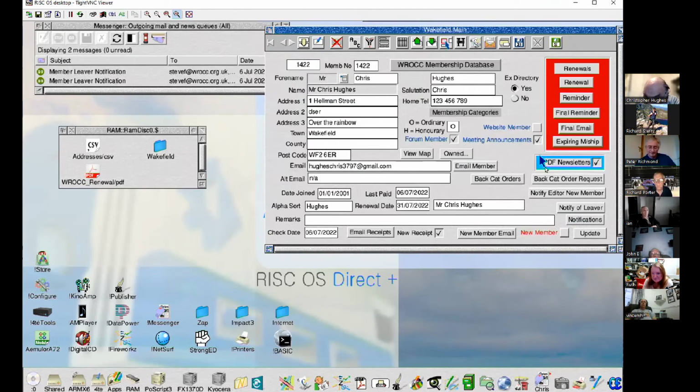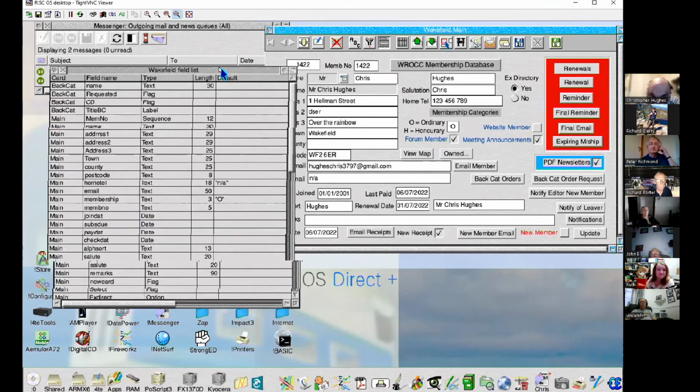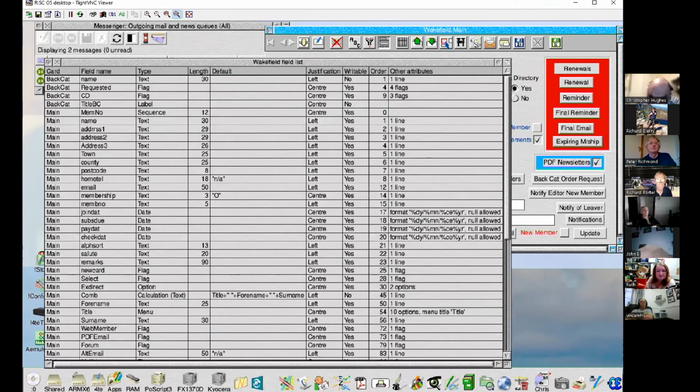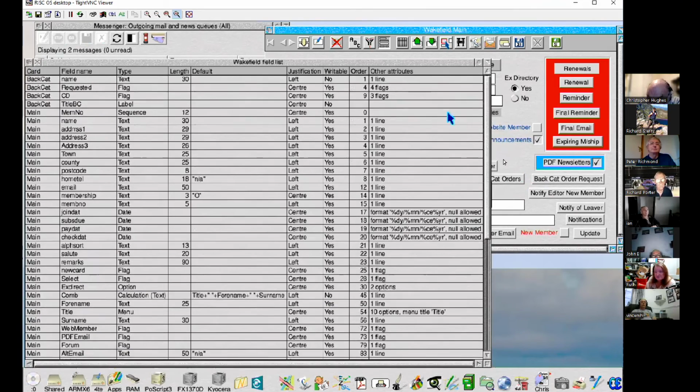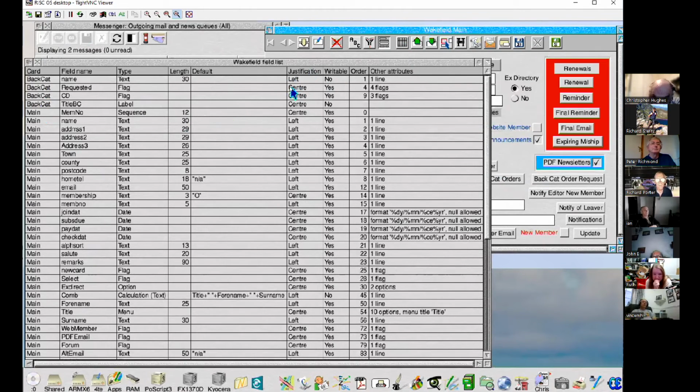As I said earlier, you can actually look at the field list, so you can see what all the fields are. So you can see all the types of fields and the formats. So the back catalogue one, that database has those fields in it. And the main database, which is the main screen, has all these fields and it tells you what they are,